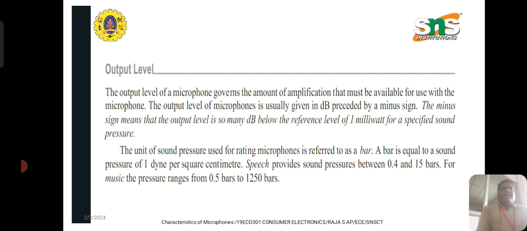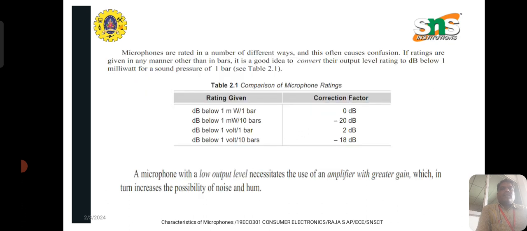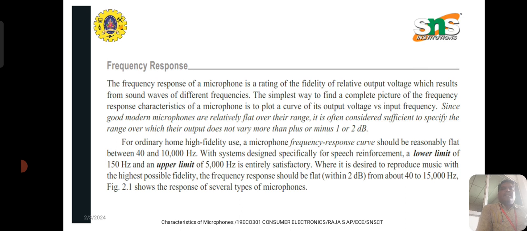Next, the second important characteristic is frequency response. The frequency response of a microphone is a rating of the fidelity of the relative output voltage which results from sound waves of different frequencies. That is how a microphone can be operated at various frequencies. For example, the same microphone can be operated for low frequency voice, high frequency voice, or mid frequency voice. Apart from these three frequencies,